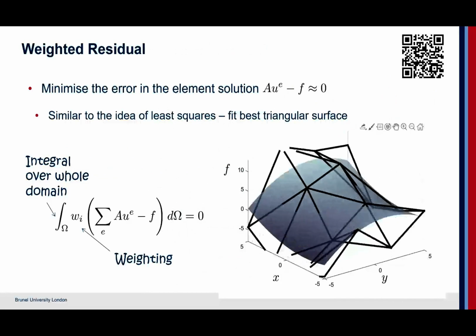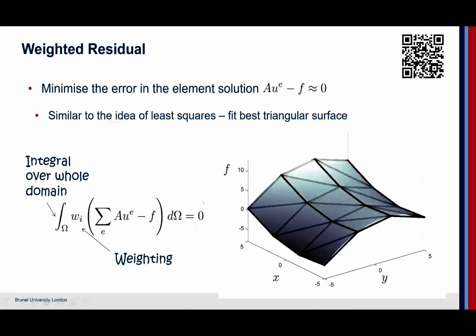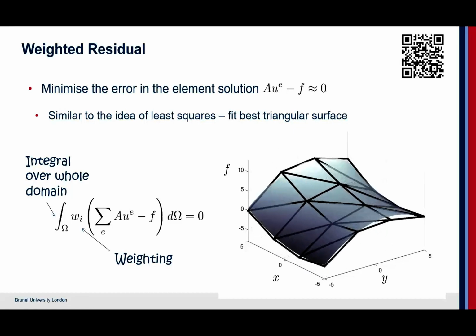Okay, so then we define essentially a series of elements that we're using to approximate our solution. So in 2 dimensions, there are a series of triangles, and we do a least squares fit. So the reason we always have these integrals over, in this case it's an area, but essentially over an arbitrary volume, is what we're doing is we're fitting a series of piecewise functions to the underlying function. So the underlying function is u. Our set of elements are approximating that function by minimizing a weighting function in order to get as close a